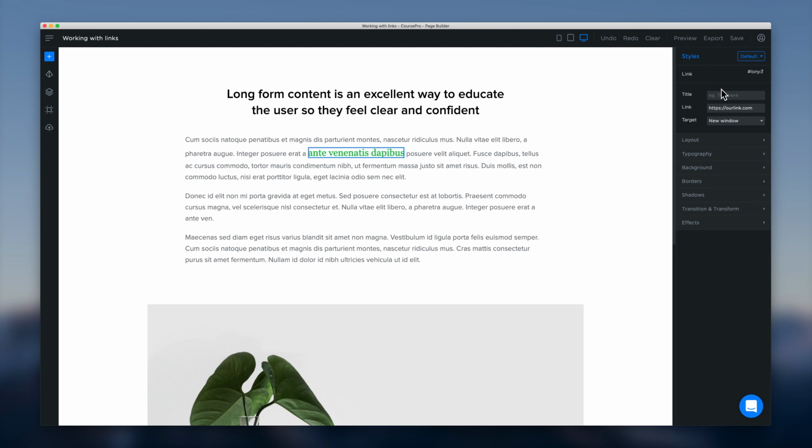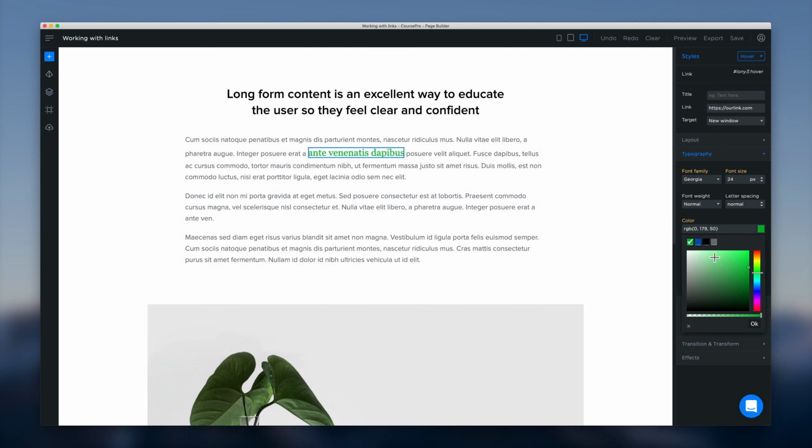Another thing we can do with our links is modify the hover event. So while we have this link element selected, we can go up here into the top right of the styles panel and click default, and that will allow us to select hover. Now when we select hover, everything in here relates to the hover event. So what we can do is now choose a different color. So if we go here and let's say we make that blue, we can go something a little bit brighter,